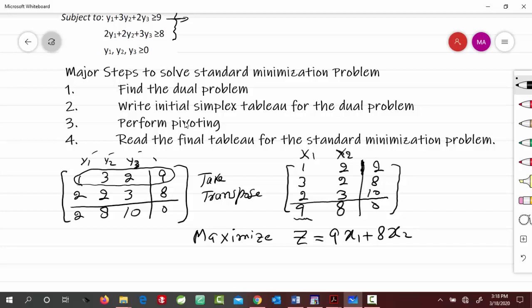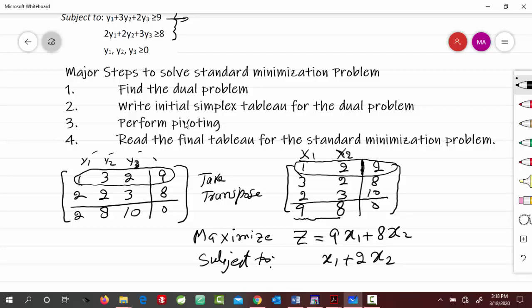That's from this last row here, with these variables x1 and x2. And subject to, from this first line you write your first constraint, so that is 1 times x1, which is x1, plus 2x2,